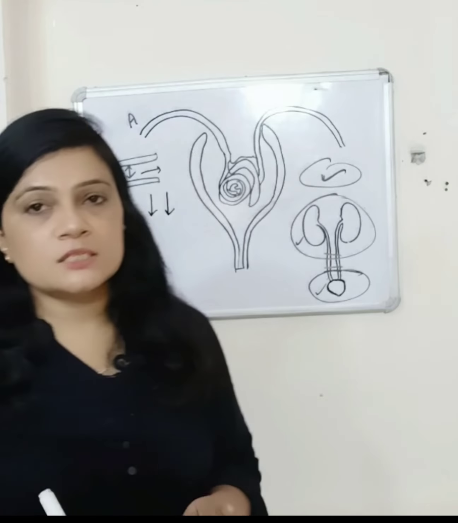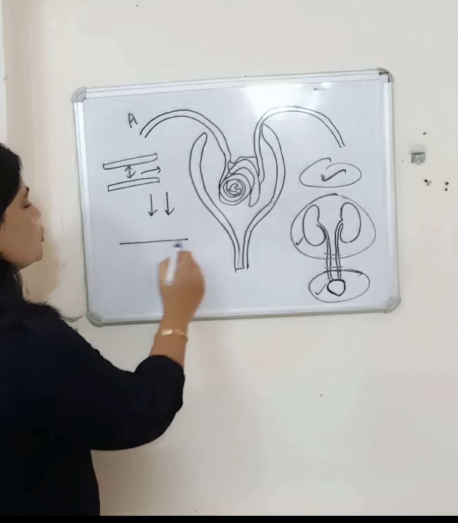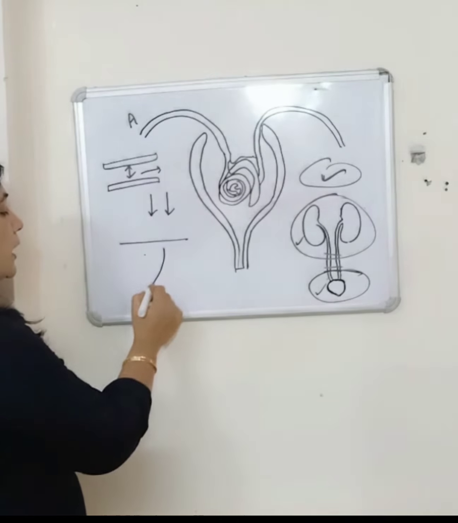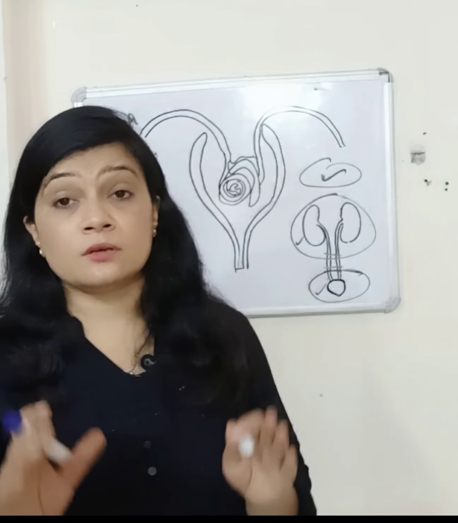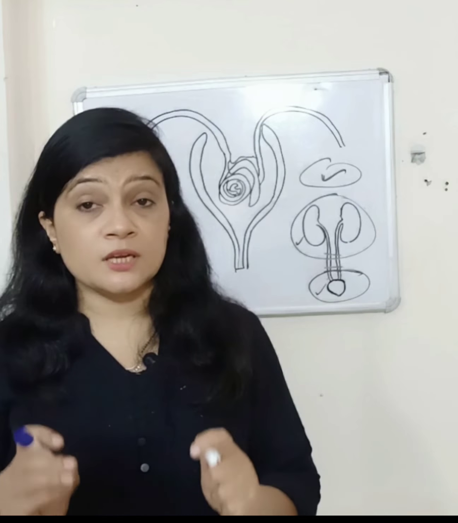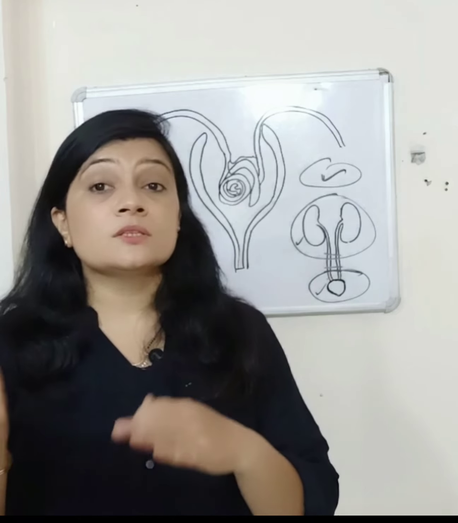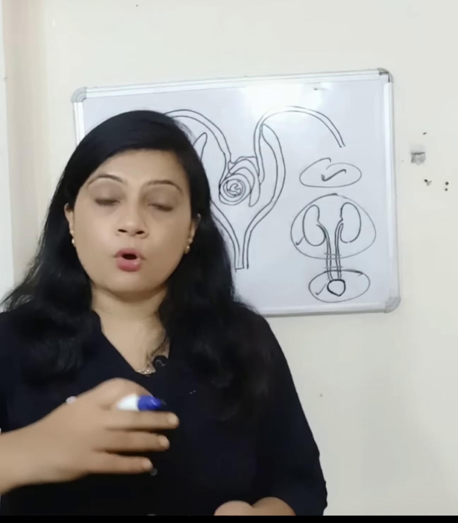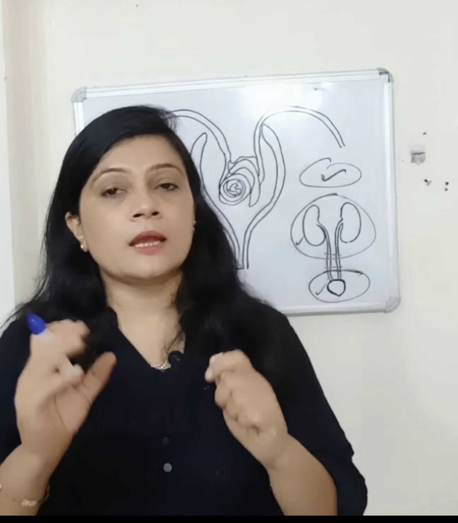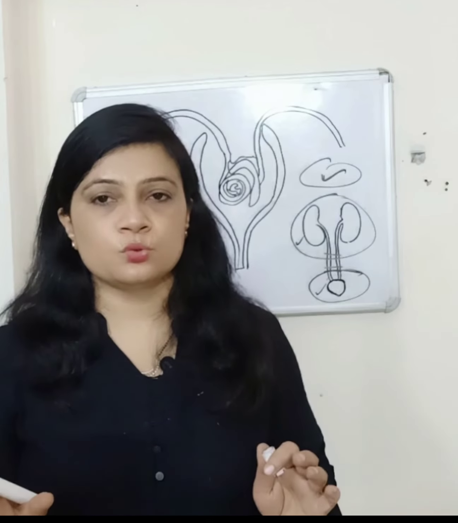And when there is decreased blood supply and decreased oxygen supply, the tissue is going to damage. This ischemia is there, and because of that there is glomerulosclerosis. When glomerulosclerosis is present for a longer period of time, it leads to acute kidney injury. And when this acute kidney injury persists for a longer period of time, then it leads to chronic kidney disease. At last there is the end stage renal disease. There is a permanent damage to the kidney tissues, right?